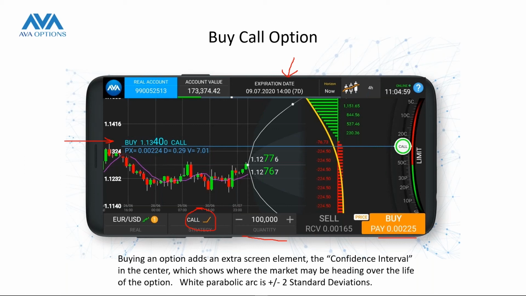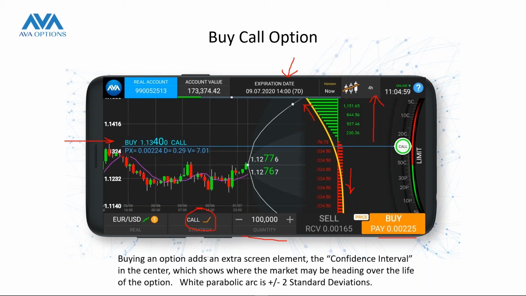So the payout diagram now shows you if the market goes higher above the strike, I can have unlimited profits, right? All of this green area, you can see it's going incrementally higher. And if the market goes down, if I'm wrong, if I bought this call option and the market goes down, all I can lose is what I paid for the option. I'm paying 22.5 pips, 0.00225 times 100,000, that's $225. That's the most that I can lose. So now you've got a picture. And if you look at this picture and you offset the green and the red, they're balanced, right? The area looks balanced.